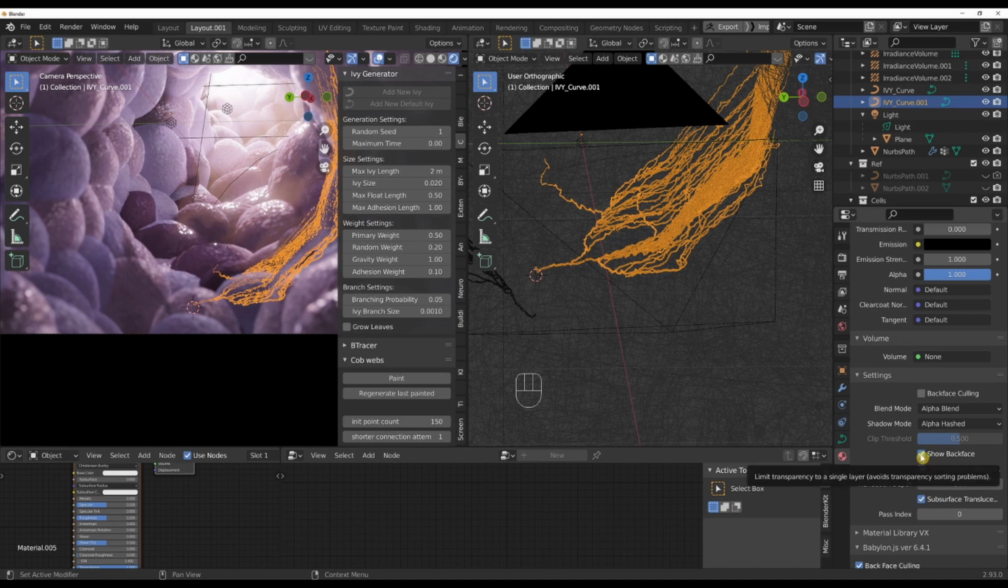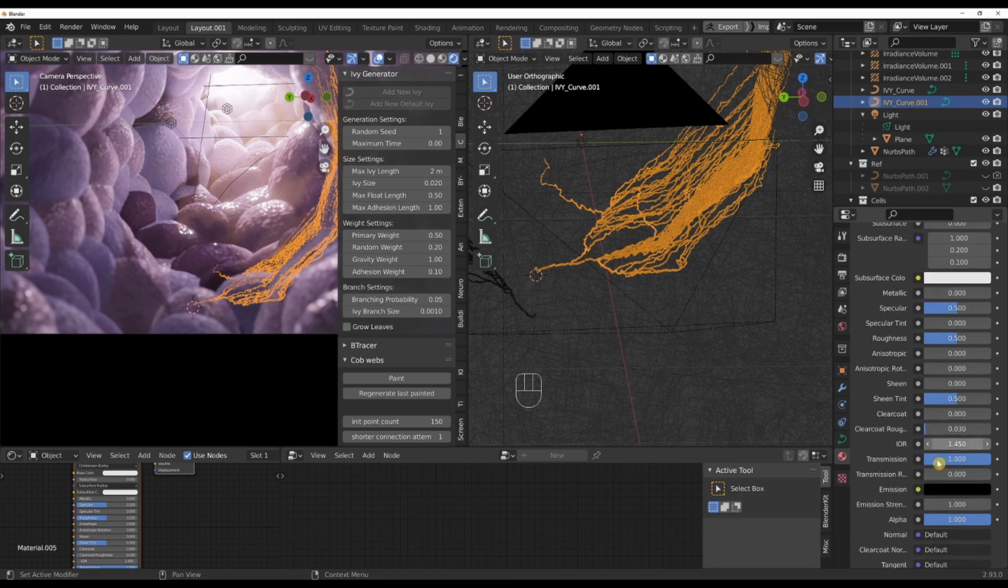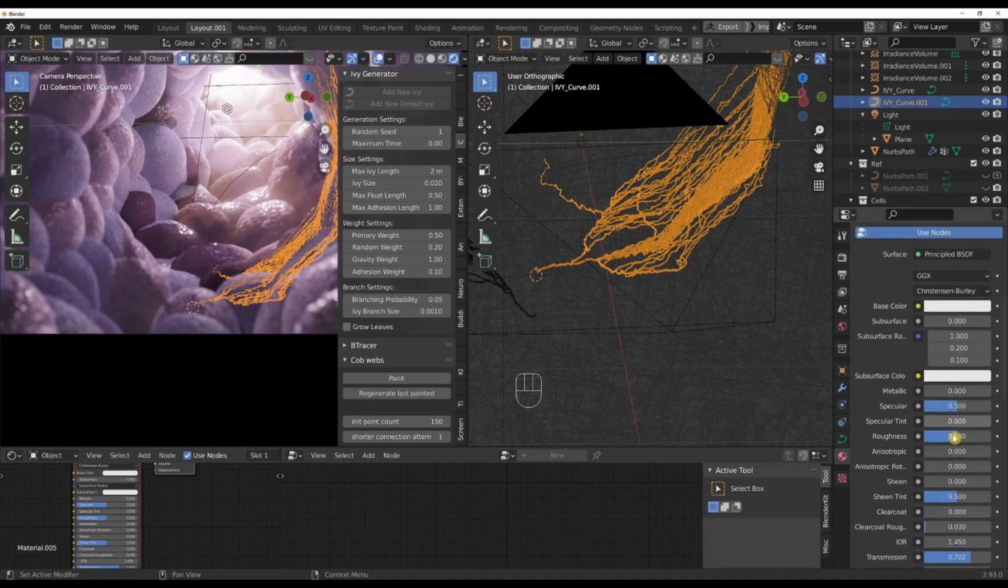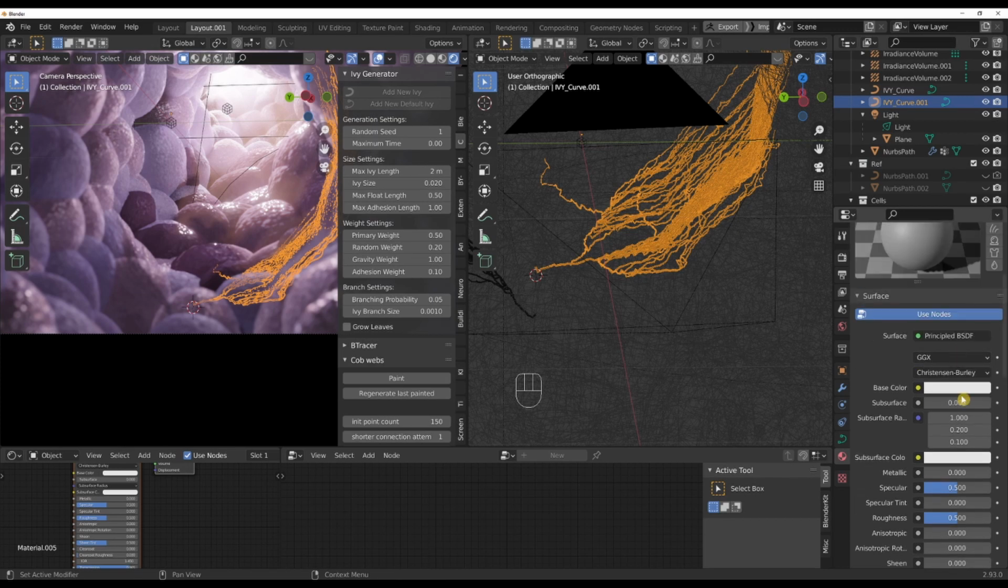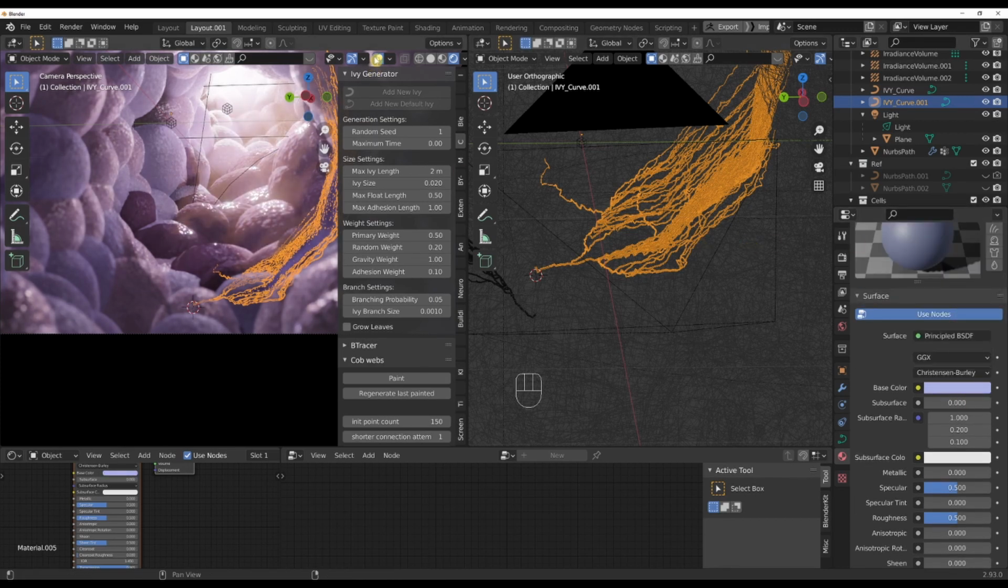I'm going to deactivate show backface because that's creating artifacts right now. Drop our roughness. I'm going to leave roughness for now. Drop transmission. I don't want full transmission either. You can just fiddle around with this. Tint this blue a bit. Hide overlays by